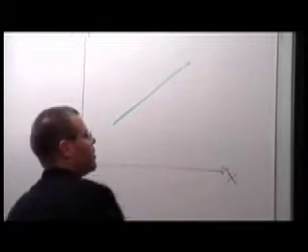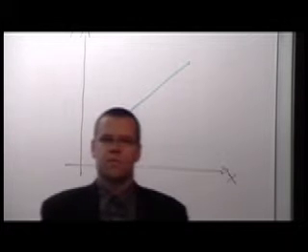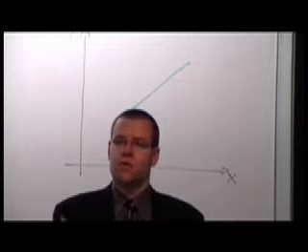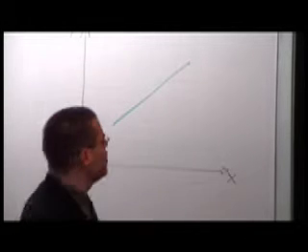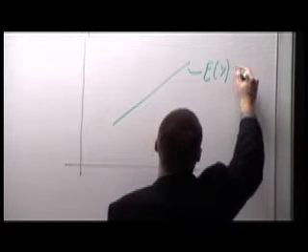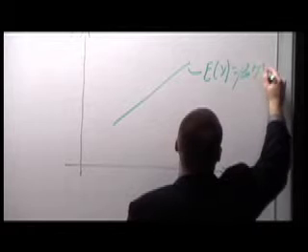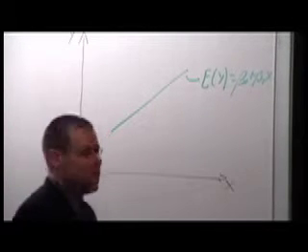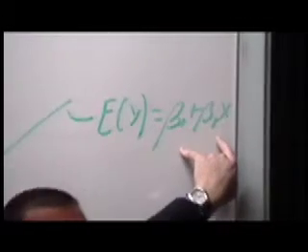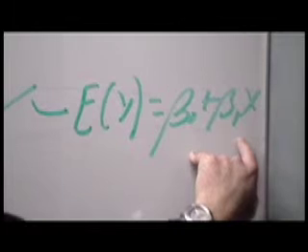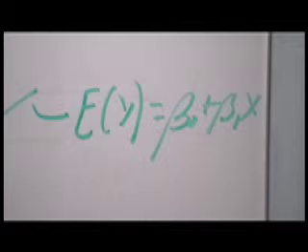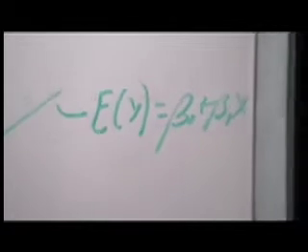Can you observe this true line? No. Because this is assumed to be in the population. The only thing you can observe is data. So the question then becomes, well, how do you get data? This is the mean of y, or expected value of y, and that's just beta 0 plus beta 1 x. Now, beta 0 and beta 1 are unobservable numbers in the population, and hence we have called them